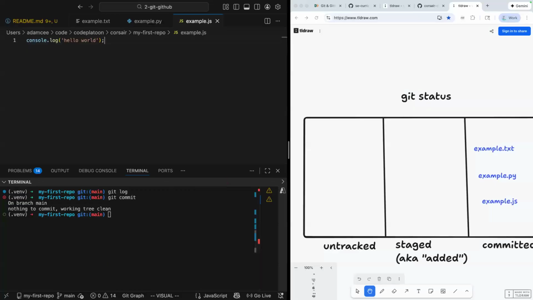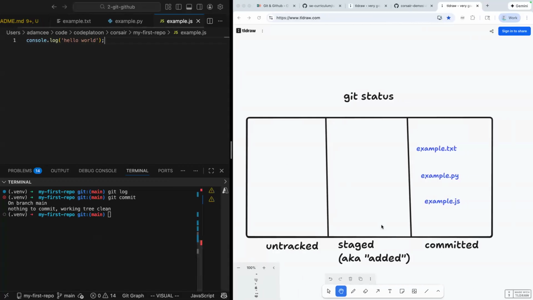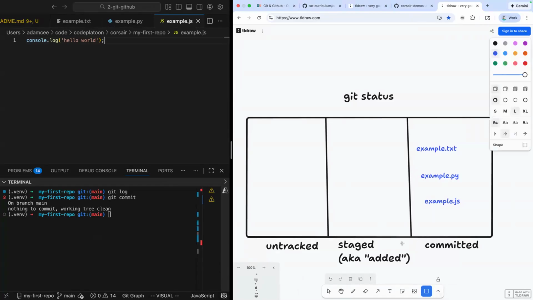And it's not until you do all this other stuff with the untracked, stage, and committed that eventually, once this gets pushed into GitHub, that's when, like you said, if you're working with a group, they'll be able to see the changes that you made and they could open that file and then they'll be able to make changes. And again, the changes will be on their files in the computer, but unless they do the whole process, all of us won't see the updated stuff. Is that kind of like